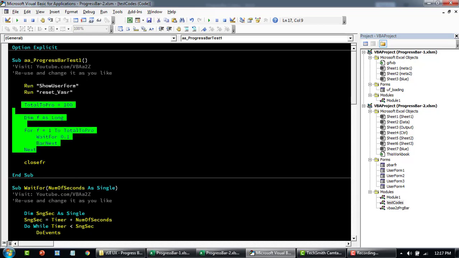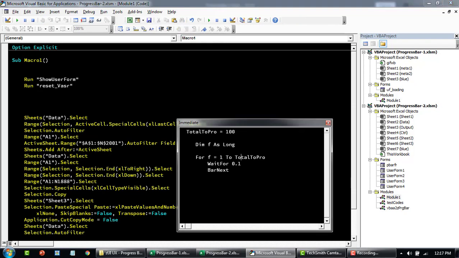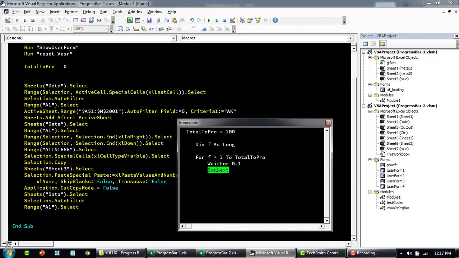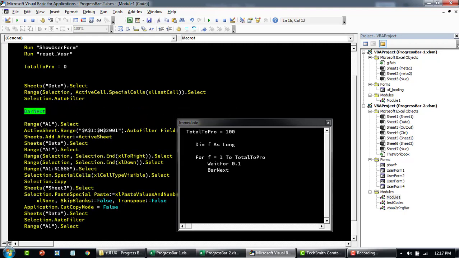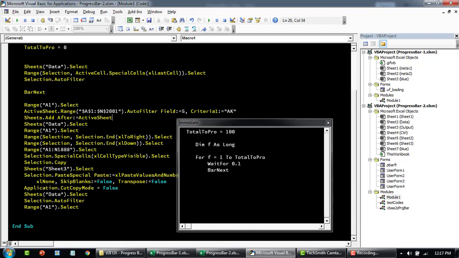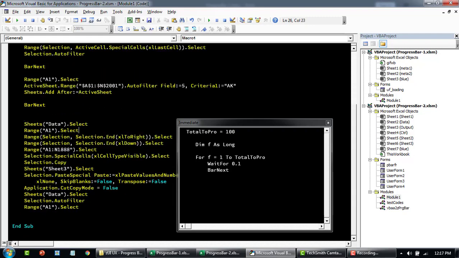and coming here, let me just copy this. Coming here, you'll say total to process. All these variables are already defined, so this could be 0 now because we need to identify how many times it's going to run. So let's say that it goes to this tab, removes the filter, and then after removing the filter, you want to increase the progress bar 1 time, right? After adding the sheet, you want to show the progress has gone to the next step, and then after